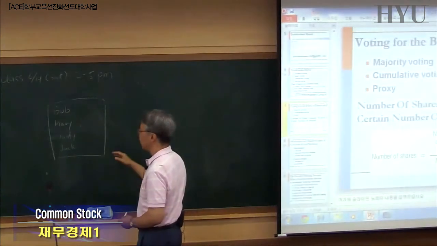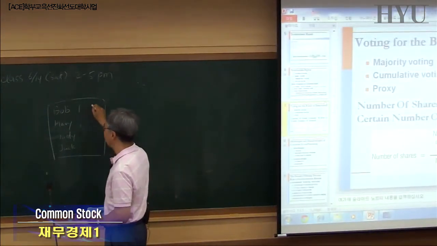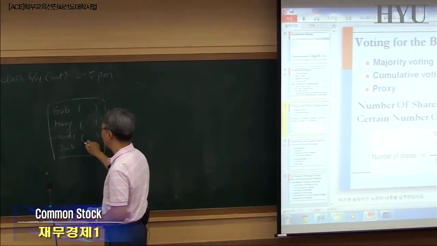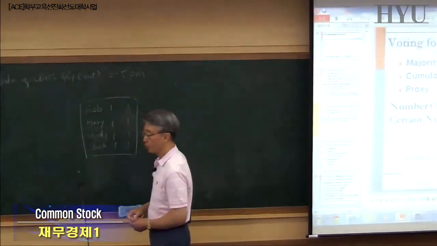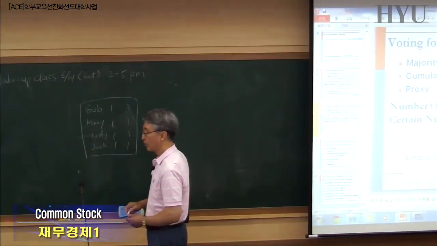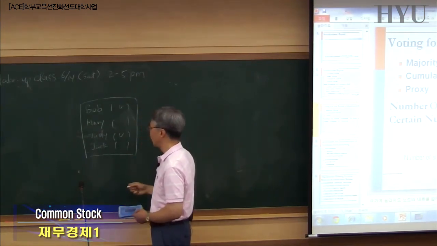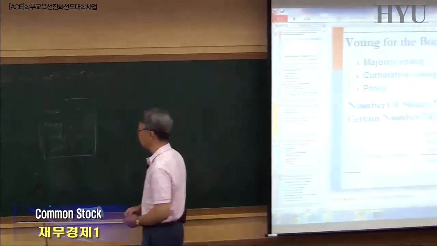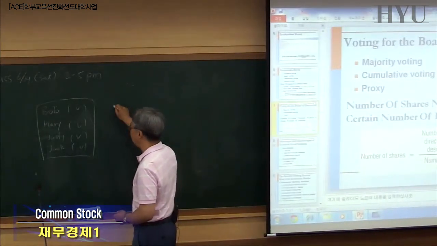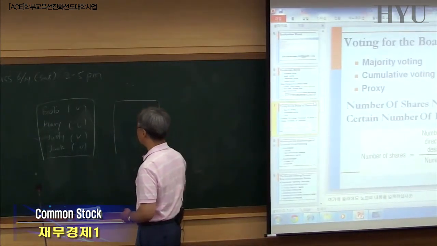If this is majority voting, then you can cast only up to 1 vote for each person. So maybe you can check Bob and Judy of your choice, or if you like all of them, then maybe we can check all of them. In the cumulative voting case,